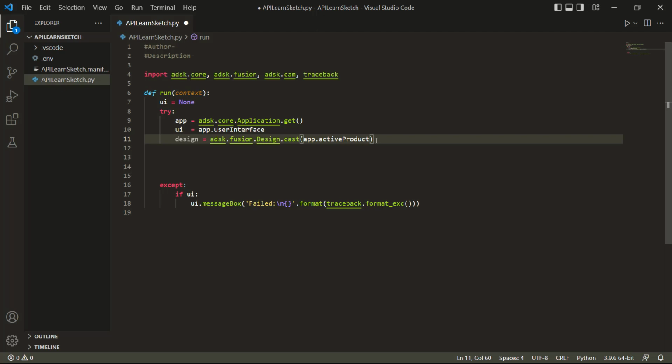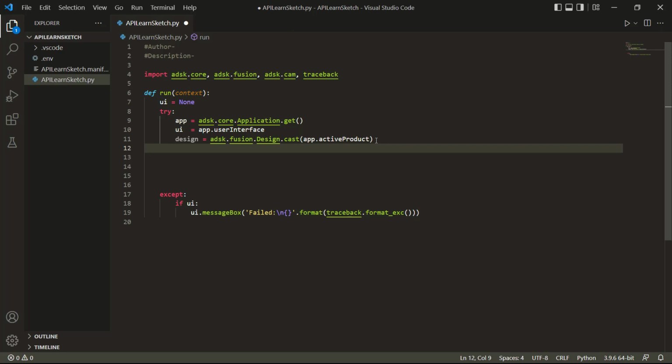And casting it really just means telling the software specifically what it needs to inherit. Now, generally what happens is we're casting things like variables. We're casting like a string to be an integer or an integer to be a string. But in the top level of this, what we're doing is we're actually casting this design to be whatever the